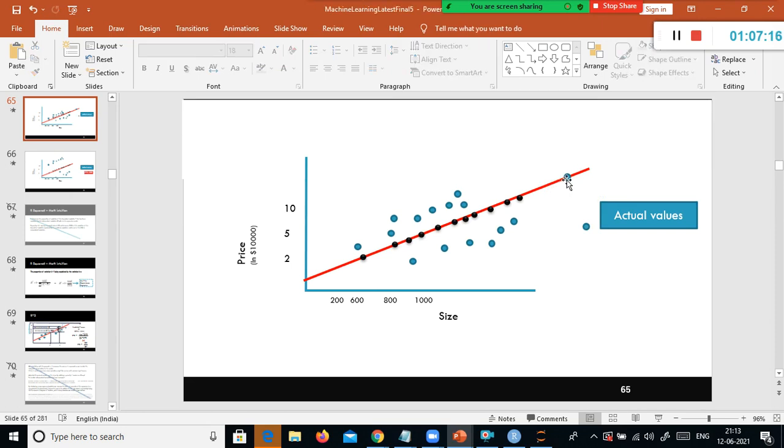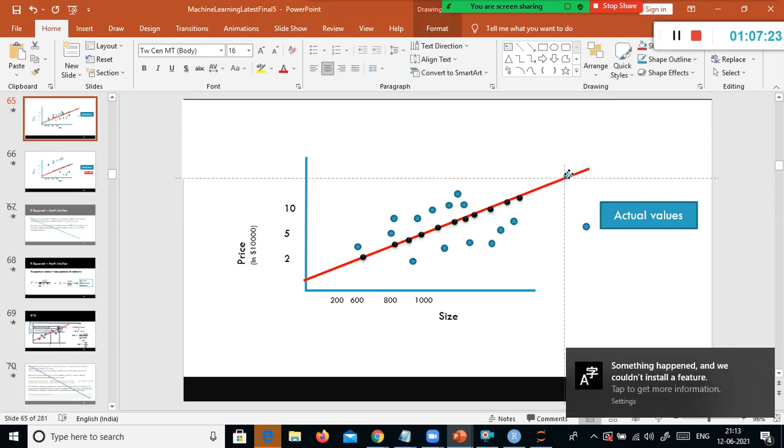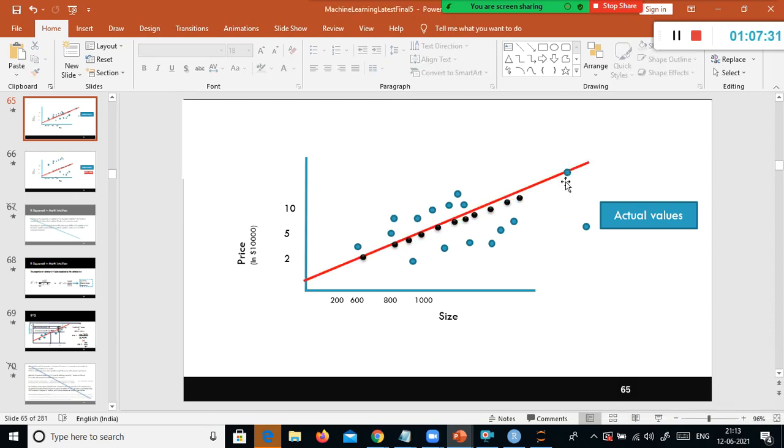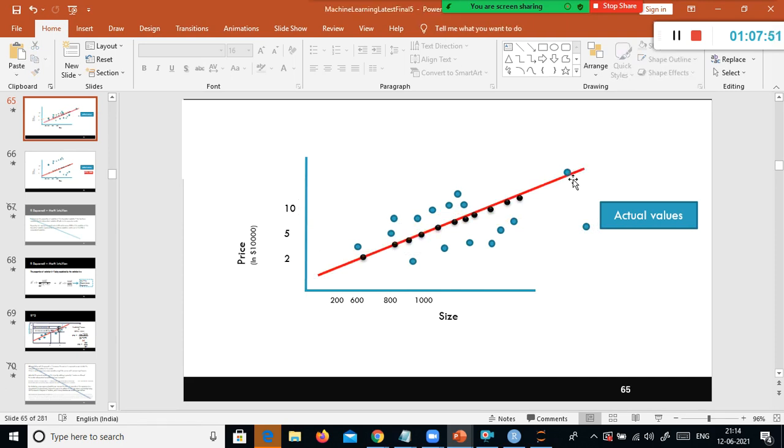Since this outlier is somewhat along this value, just closer to this line, there will not be a significant influence. Slightly it will shift more, that's all. There will not be a significant change. But if I have a value here, it will completely drag this line down here, in order to take it into consideration. This is also an outlier, but this outlier is influential, whereas this outlier is not influential, right?